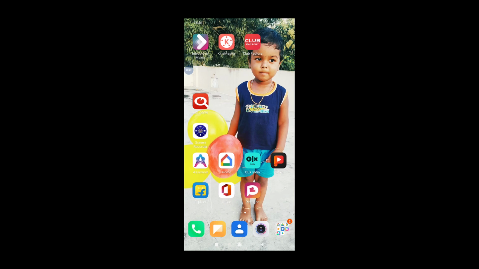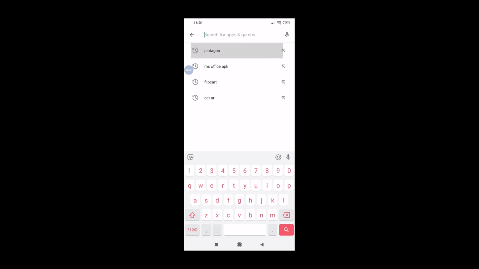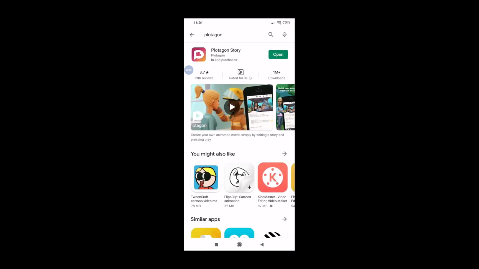First of all, we have to download the application from Google Play Store. Here you have to search the name. So this is the application. Plotagon is the application. With this one, we are going to create, and we can also give our own audios in any language to create animated characters.